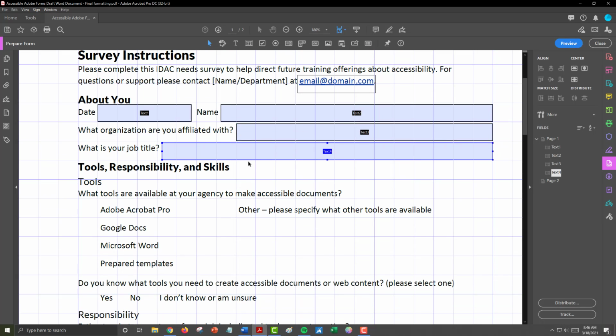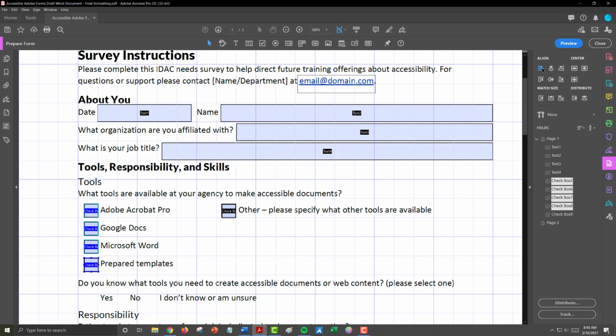Our next section under Tools, this is our multiple choice checkbox area. So we are going to use the checkbox tool and use our grids to help align those checkboxes and get those all onto the page. And for Other. One of the things you can do if you are not sure if you've aligned them all up perfectly, you can select all your checkboxes that appear in the same list and use the distribute options within the Prepare Form tools.